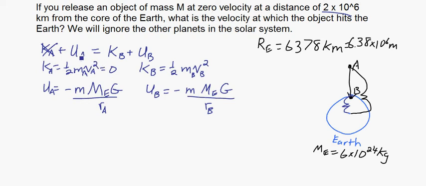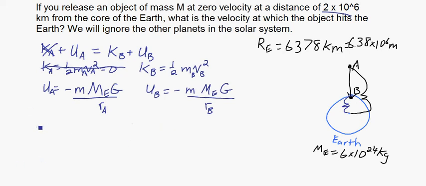Potential energy at point A is very important. We're going to calculate that out. Kinetic energy is also very important because we need to calculate the velocity. And then potential energy at point B is very important also. So what you can do now is forget about KA, and we can plug in all these other values. If we just plug in everything and write it all out,